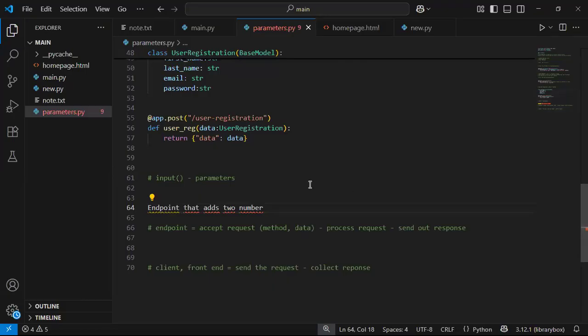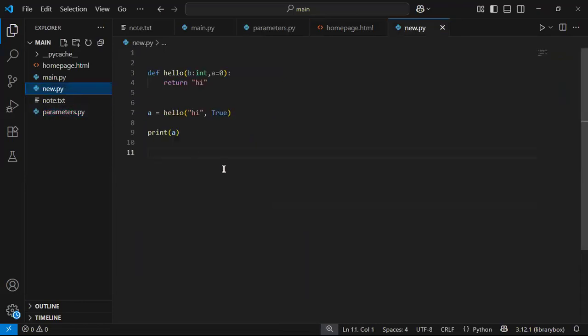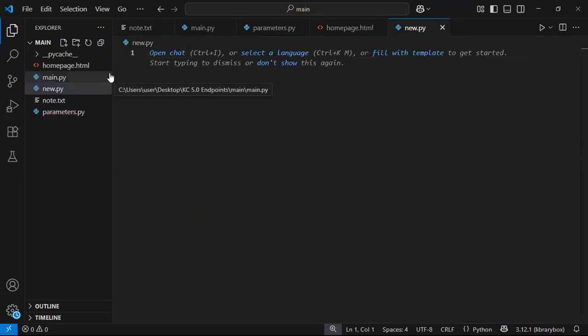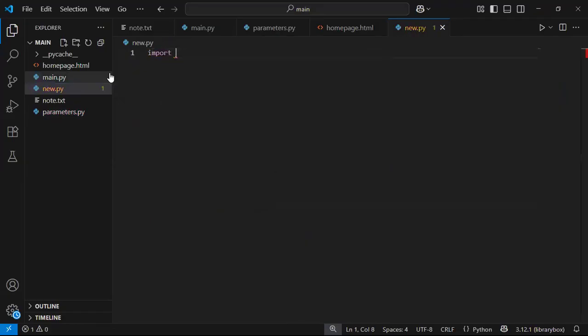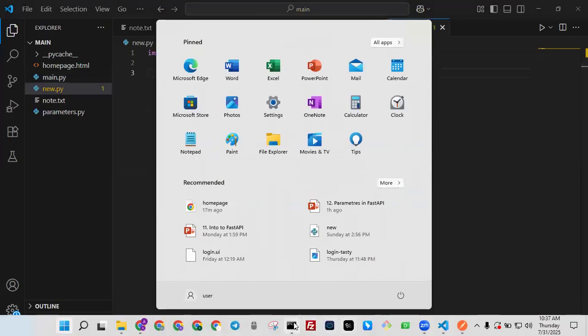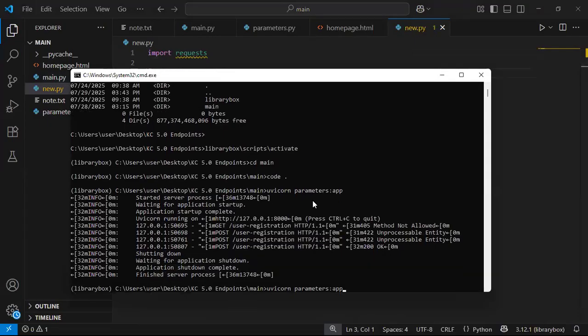I think maybe I should just write a Python script that does this. In our previous class we tested someone's endpoint via Python coding, right? So maybe we can just do that. I'll create another file and comment this one out, and I'll import requests. I'm not sure requests is installed in this virtual environment, so I'll just do pip install